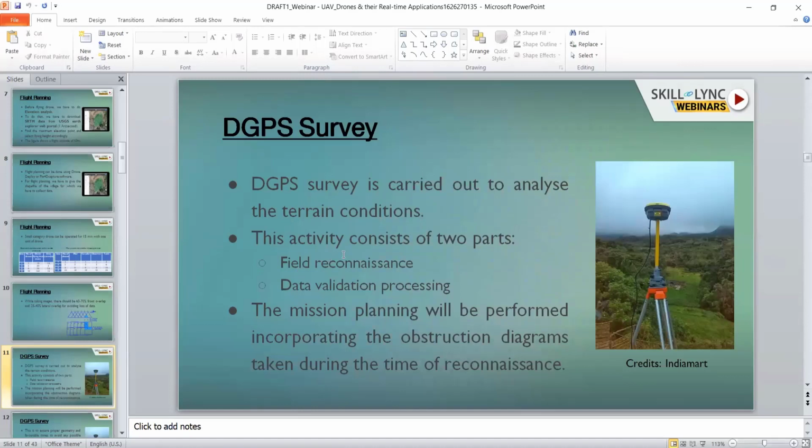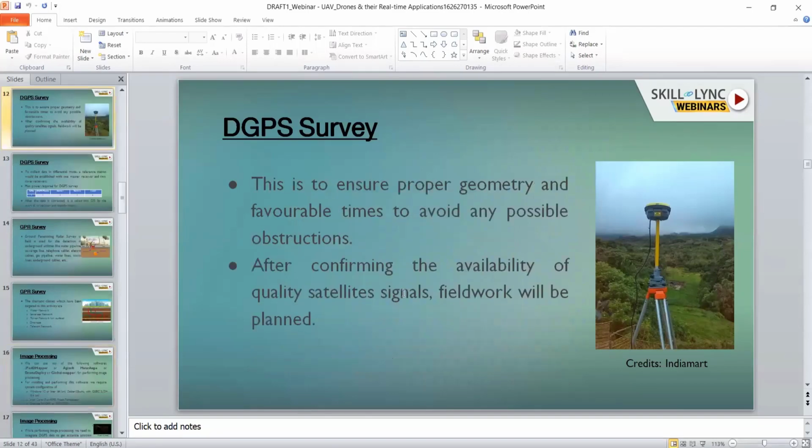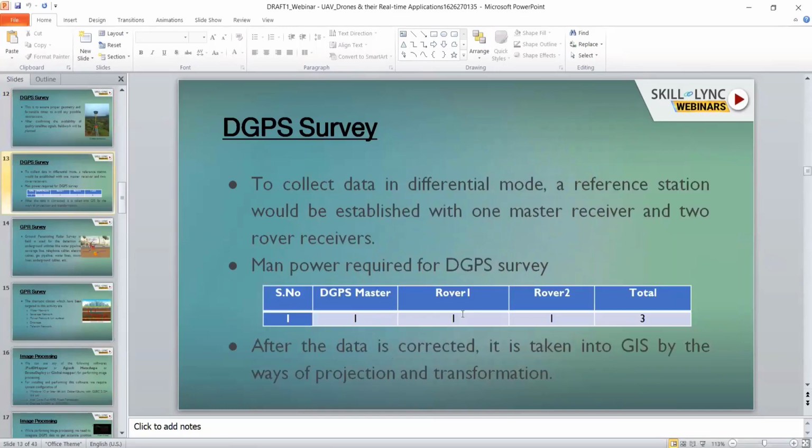In DGPS, we have one base station and two rovers. The base station, which is the DGPS master, is operated by one person, and rover one and rover two are operated by two other persons, one each. The important thing is that only when the DGPS is connected with 4 satellites should we take the data, because each satellite gives latitude, longitude, time, and elevation.